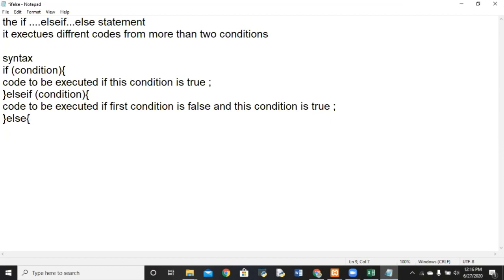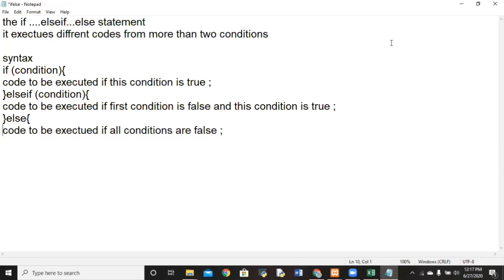Curly braces start, code to be executed if all conditions are false. Okay, closing that with a curly brace. So this is my syntax of the if condition.